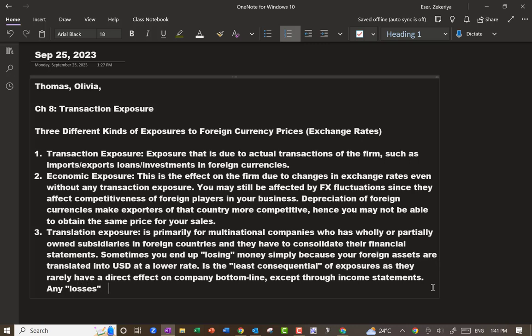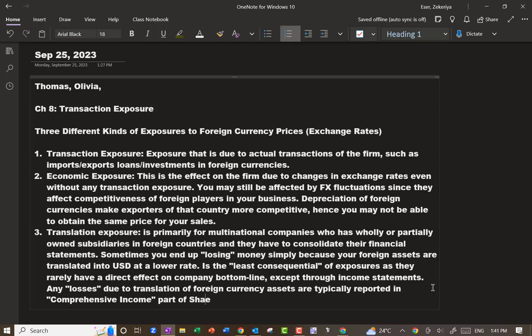Any losses due to translation of foreign currency assets are typically reported in what we call comprehensive income statements, part of shareholders' equity statements. For example, let's go get the